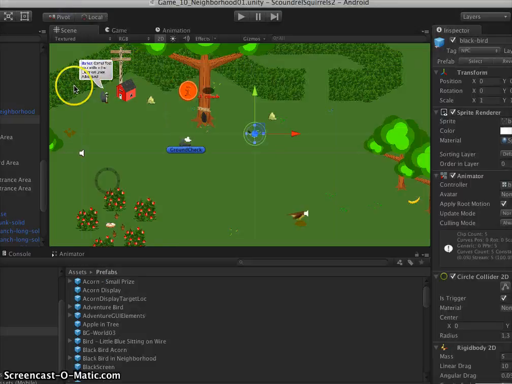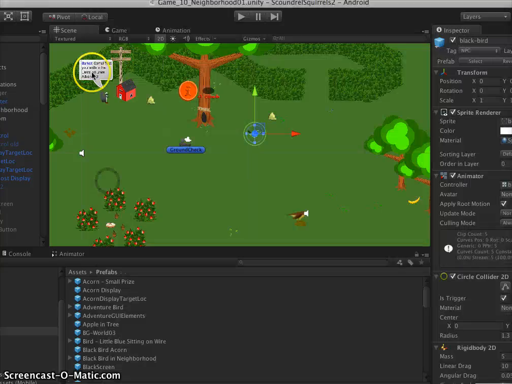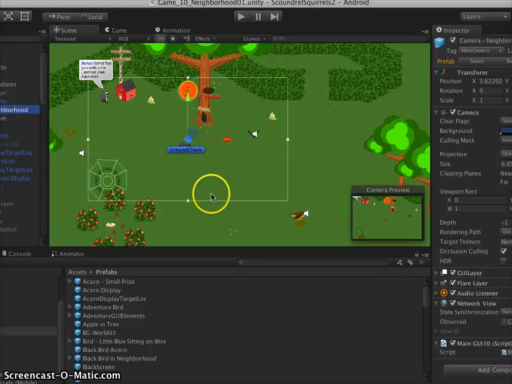The camera in each of the scenes can be set to basically what's called an orthographic size, and in the home and in the store that doesn't need to be adjusted, but in the neighborhood and in the adventure I'm giving the option for the player to choose,